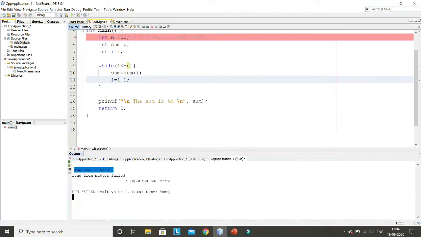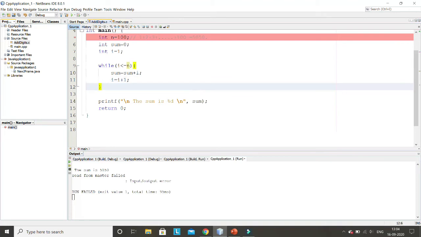So it is simply giving you 5050, but internally it is doing all the steps I have explained to you, one by one. It is repeating all the steps again and again, and after repeating this 100 times, only then it comes out here and prints this result. But since the computer is very fast, you can't imagine that it is repeating again and again. Ultimately it is doing all this task. This part is repeating multiple times, and that can be visible if we go for step by step execution. That is called debugging, that I have just explained to you.